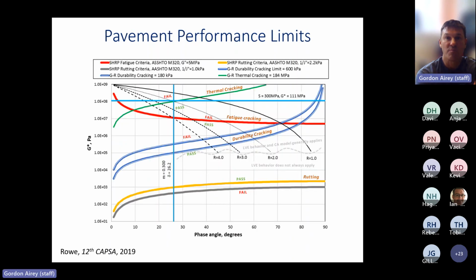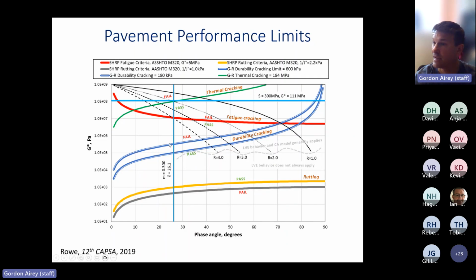Last slide, the performance limits in terms of behavior. This looks extremely complicated, and I'll go through this quite slowly. I'm conscious of time, though, but what we've got here is a graph that's been put together by Jeff Rowe. This was presented at the CAPSA conference just before COVID struck. So it must have been October, November 2019, where we've got not just the Glover-Rowe parameters in terms of durability